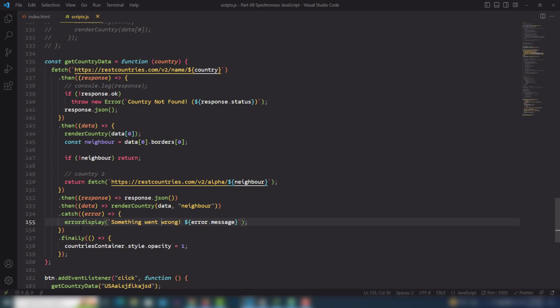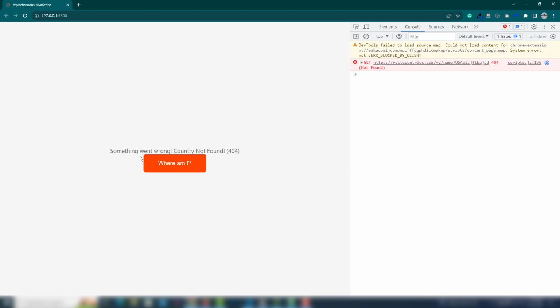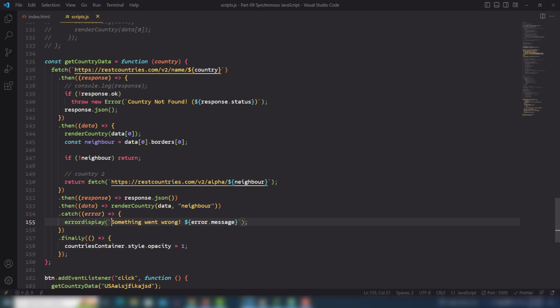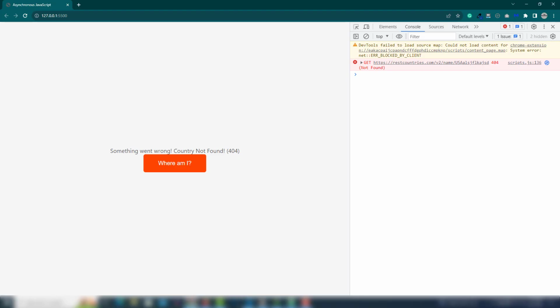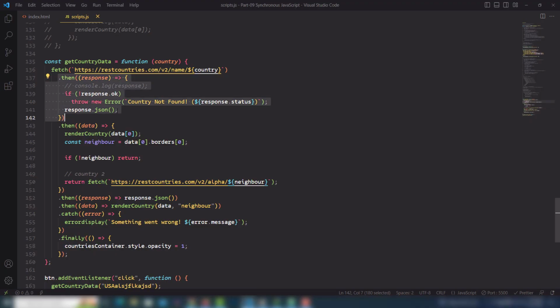And my message concatenates with our catch block, and our throw error message has appeared inside there. So let's look at that one more time. Something went wrong. So this message is coming from there, right? And when it gets the error in this block, my not found error appears inside my web page, right? So it is called manually handling the error, and you can use the same thing to display the